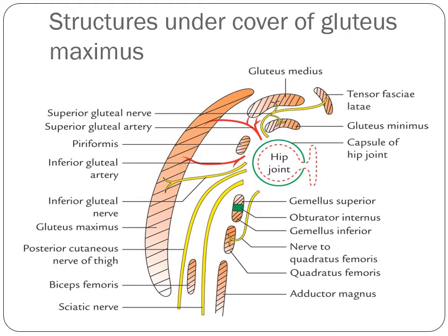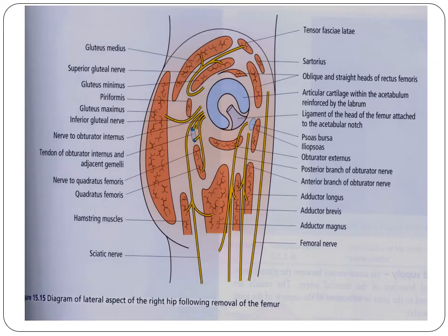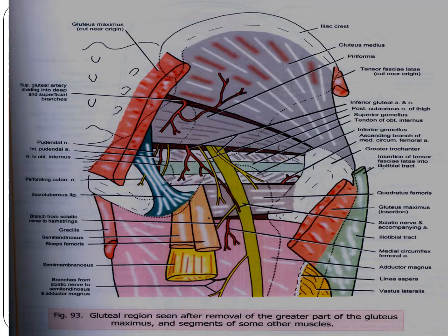These are the actions of this gluteus maximus, and these structures are covered by this gluteus maximus. Already you have seen this diagram: this one is the hip joint, this one is the gluteus maximus. All structures lie deep to this gluteus maximus muscle. Now you see this key muscle of the gluteal region, this muscle is the piriformis. After cutting the margin of the gluteus maximus, when you do the dissection and cut the origin and insertion of the gluteus maximus, deep to it